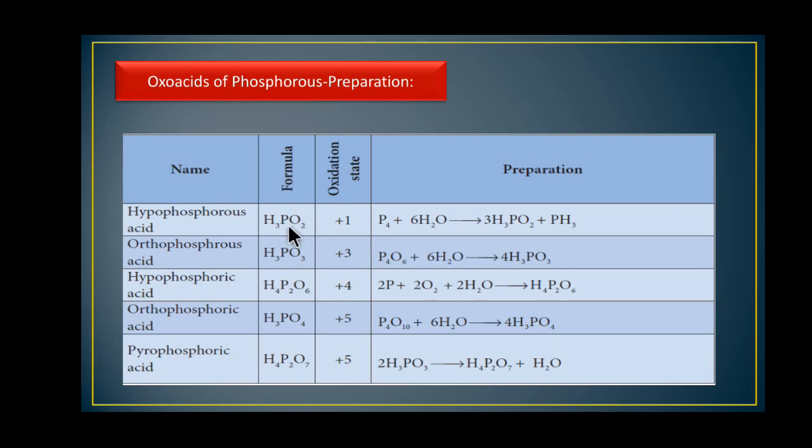In H3PO2, the phosphorus oxidation state is +1. In H3PO3, the phosphorus oxidation state is +3. Already we discussed how to write the oxidation state. Is it clear? We just go through that. And H4P2O6, what is the oxidation number of phosphorus? +4. Similarly +5 in